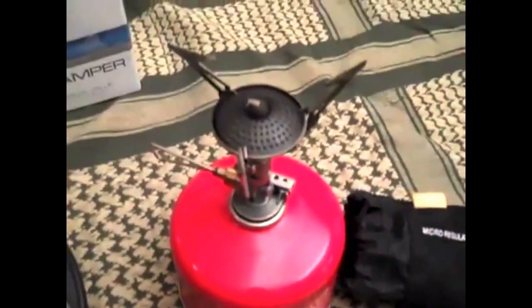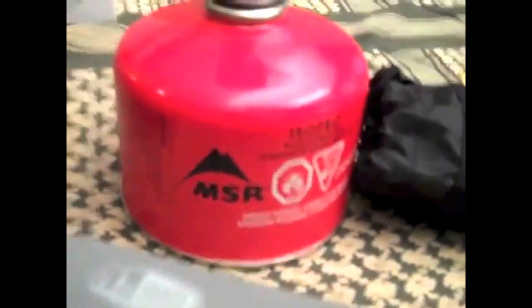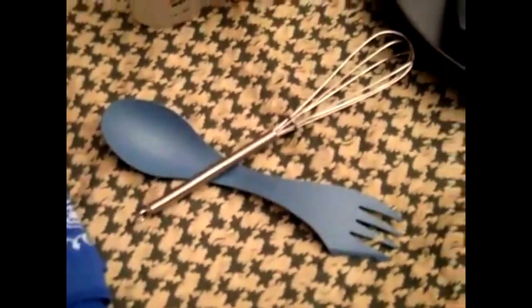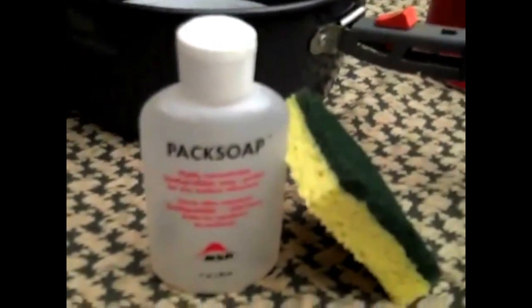Number 1, you guys have seen a video previously that I have, the Soto micro regulator stove, which weighs about 2.5 ounces, and an MSR isobutane large size fuel canister. I have a foldable GSI spatula. I have a small GSI whisk. I have just a regular everyday spork by Light My Fire. I have MSR pack soap that's good for washing yourself, your body, clothing, or you could use it for cleaning pots and dishes. And I have a piece of sponge that I cut out,